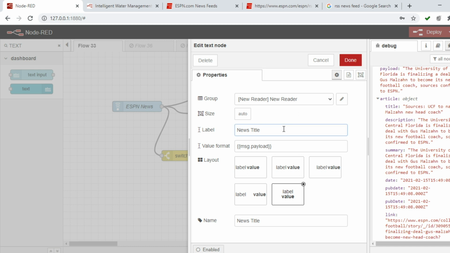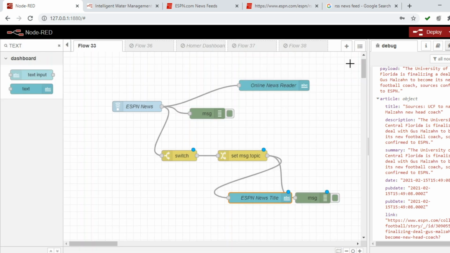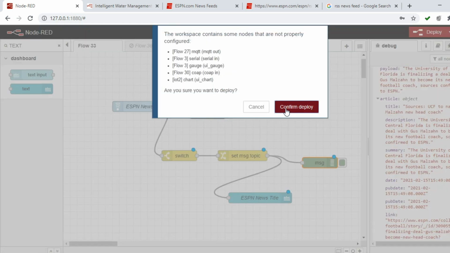Online news title, select the display pattern, then you can give the name as ESPN news title, then click done. So that's all. We have done with the complete nodes in the flow. Now deploy it, confirm deploy.